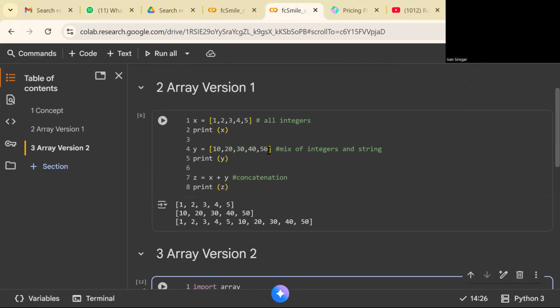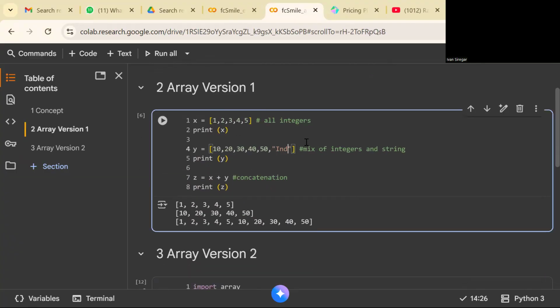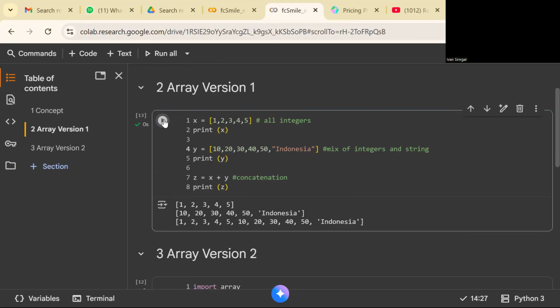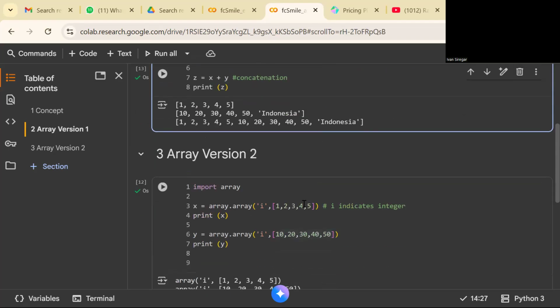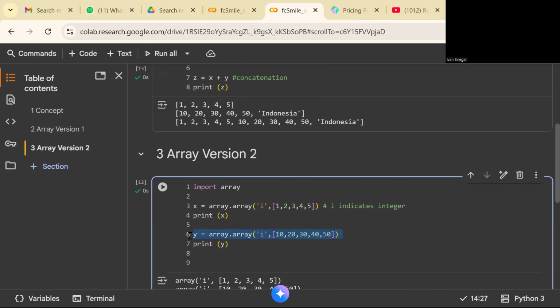In number 1 here, actually, you can put Indonesia as an element of Y. And when you run, I think everything is going well since we never declared that the array element must be an integer. Okay, so the way of declaring Y here is different from the way of declaring Y here. Y here we declare with the definition of element I.